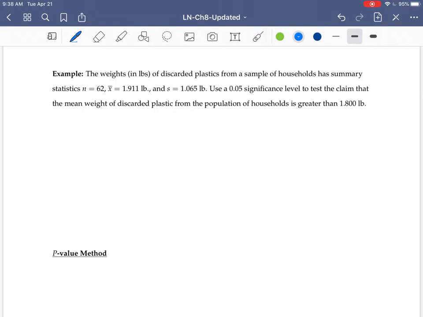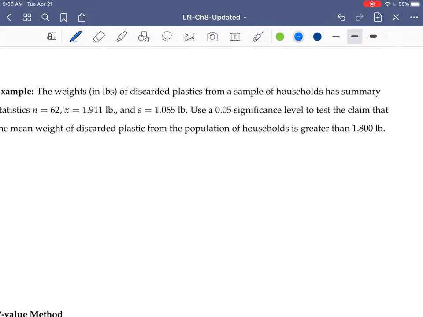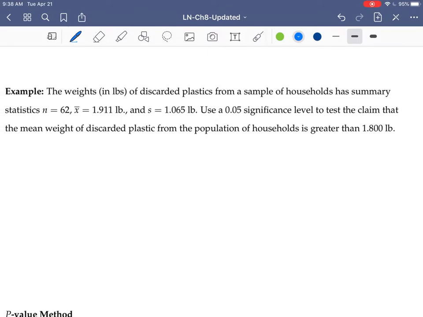related to this example. So here we read, the weight in pounds of discarded plastic from a sample of households has summary statistics. N is equal to 62, X bar is equal to 1.911, and S is equal to 1.065 pounds. Use a 0.05 significance level to test the claim that the mean weight of discarded plastic is greater than